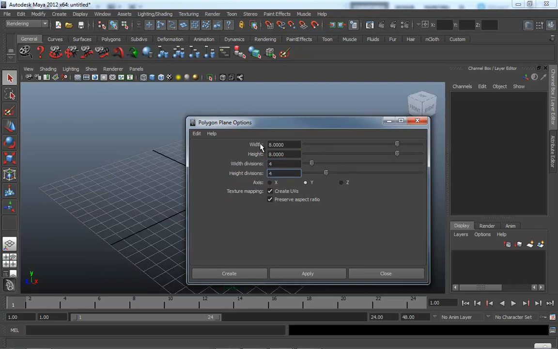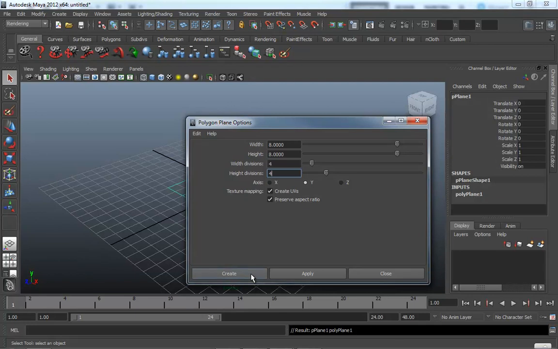I'm using 5 vertices to define it, but it only has 4 divisions. Maya calculates based off of divisions, not vertices, so we're using 4 instead. So 4 divisions of a spacing of 2 yields 8 in height and width. We create it,